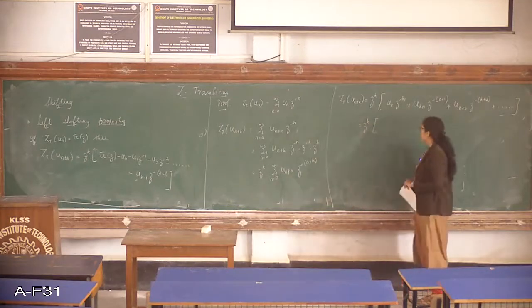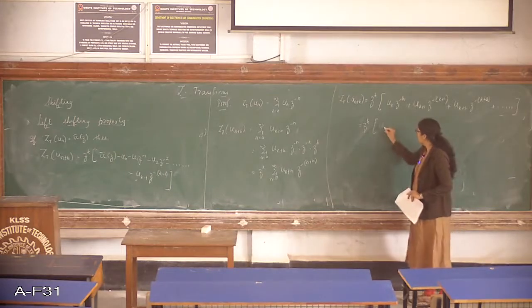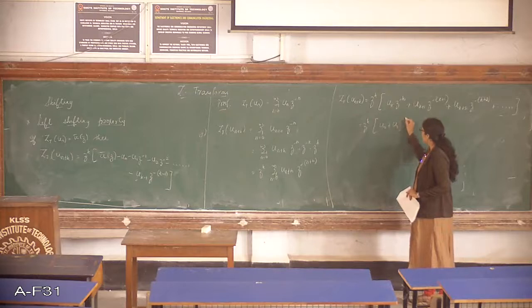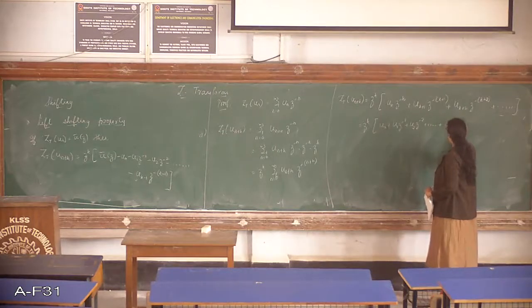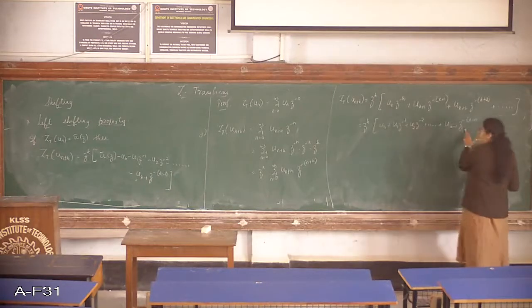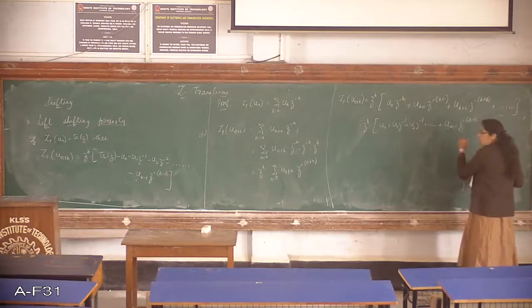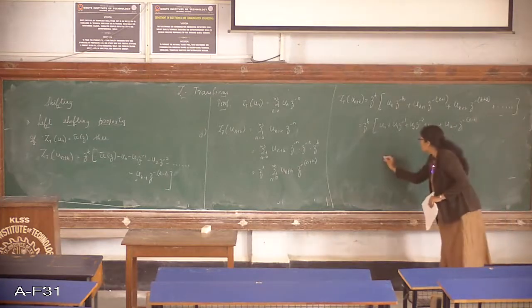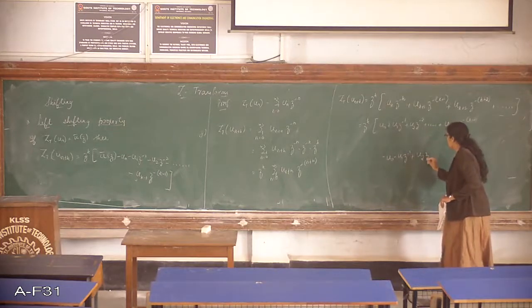Now look at this step. I'll just add a few terms and subtract those terms. That is, I go for u0 plus u1 z raised to minus 1 plus u2 z raised to minus 2 plus so on plus u_{k-1} z raised to minus (k-1). These were the terms which are not present, right? Since these are not present, I've added them, and since I've added them, I have to subtract them as well. So I'll go for minus u0 minus u1 z raised to minus 1 minus u2 z raised to minus 2,